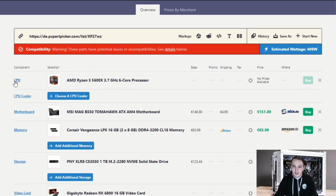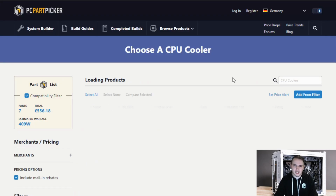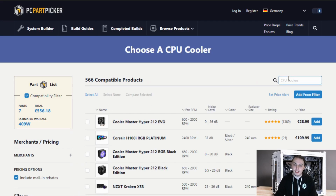So what are we missing right here? So the CPU, the motherboard, the memory, the storage, the case, video card, power supply. If you want to get another cooler, then I would recommend, I mean, the stock one is pretty good for AMD, but obviously if you don't want it to be super noisy, then you could also go for something else, which is